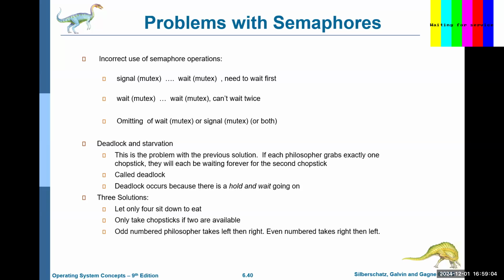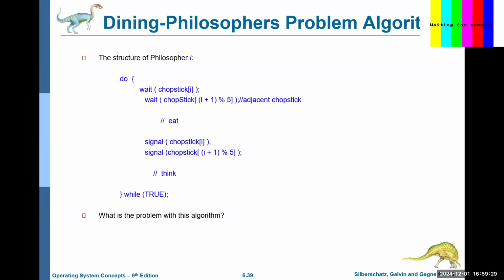So one idea is only take chopsticks if 2 are available. In other words, check that there are 2, and if there are 2, then take them both. Somehow lock 2 at once, or don't lock any. That would also work. But the third possibility, the best one I think because it's the simplest, is that an odd numbered philosopher takes left then right, and an even one takes right then left. Which means,